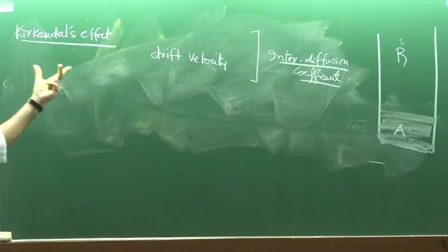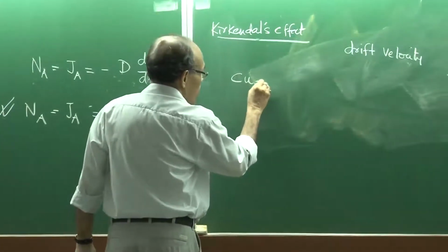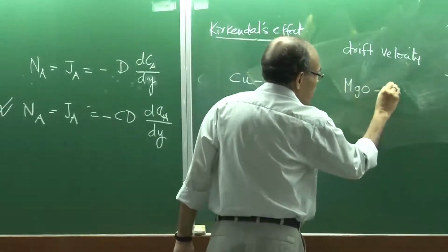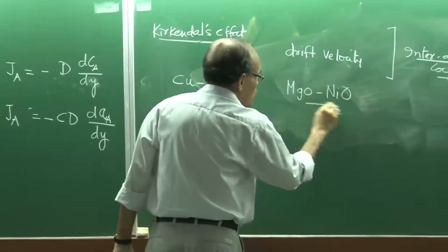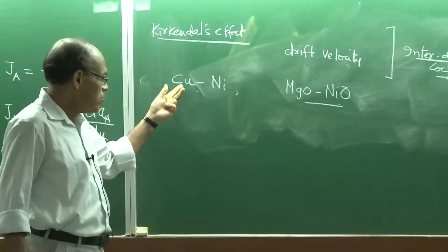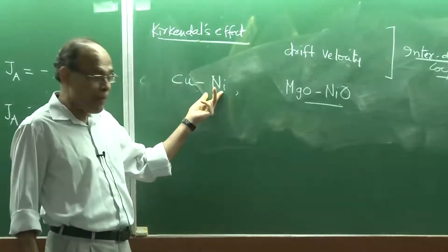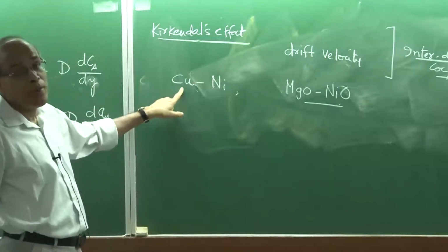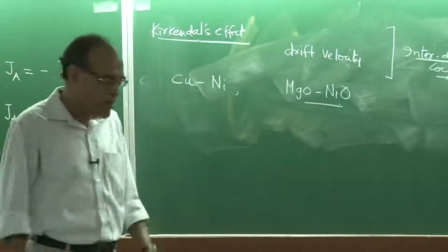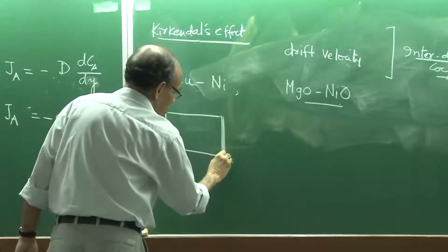Now, this is applicable to systems which have complete solid solubility, say copper nickel, we know they form isomorphous solutions, or even in oxides, magnesium oxide and nickel oxide, they form solid solutions. Now, if you look at the diffusion coefficient of copper vis-a-vis nickel, you find that copper atoms diffuse much faster than the nickel atoms. So, if you make a copper nickel diffusion couple, for example, pure copper as opposed to pure nickel,